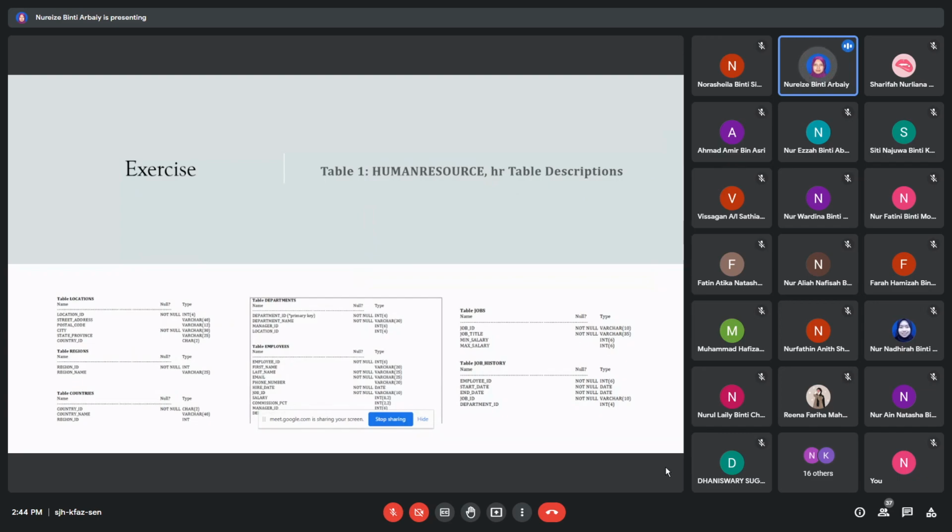Given the HR table description, so you are required to